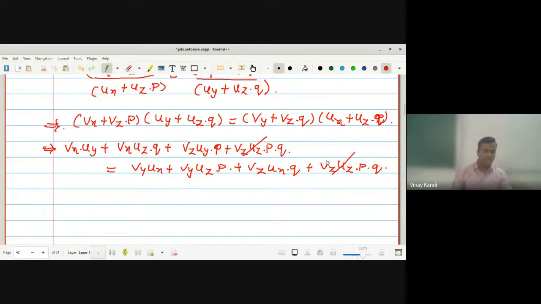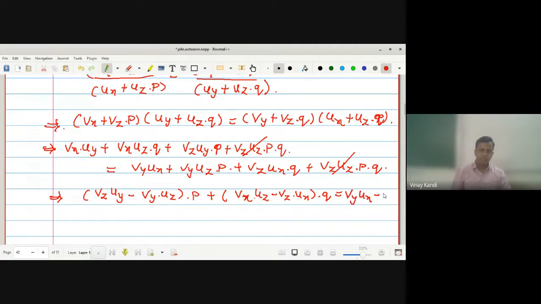After simplification we get here vz uy minus vy uz into p in the first bracket, and in the second bracket vx uz minus vz ux into q, which is equal to vy ux minus vx uy. After simplification we get this. Any doubt? No, sir. Okay, p is taken common from this and this, and q is taken common from this and this. The minus sign goes to the other side and it is taken in one bracket, which implies